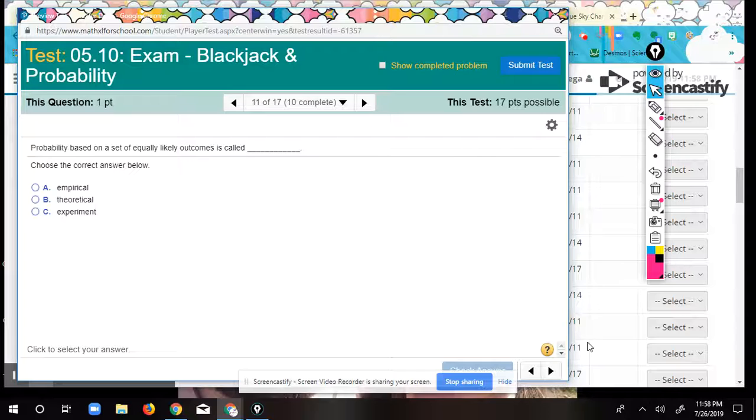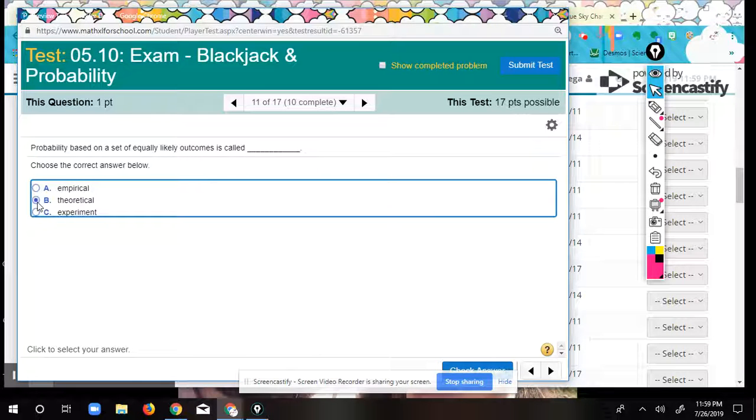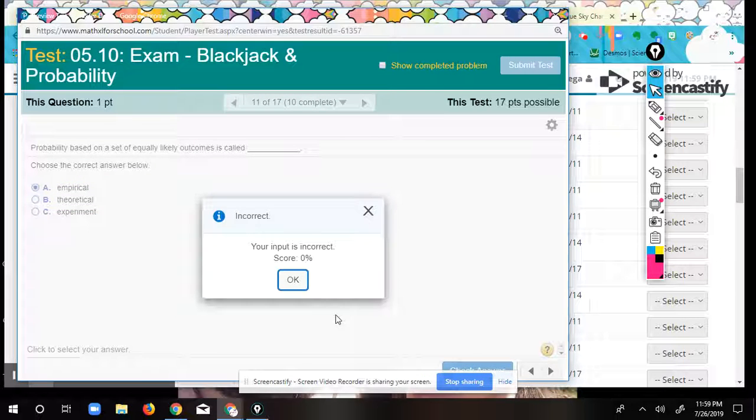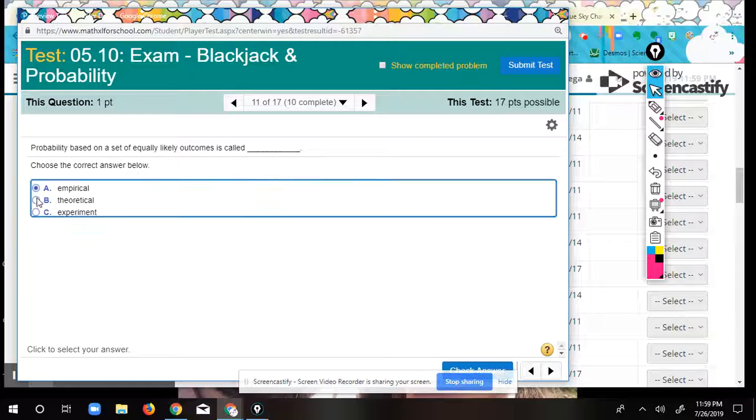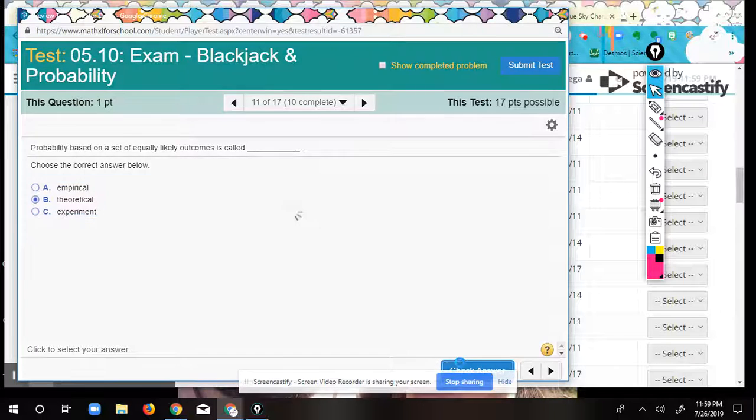Probability based on a set of equally likely outcomes is called, it's either theoretical or empirical. I think it's empirical. Nope, that's not right. Let's try theoretical. Yep,